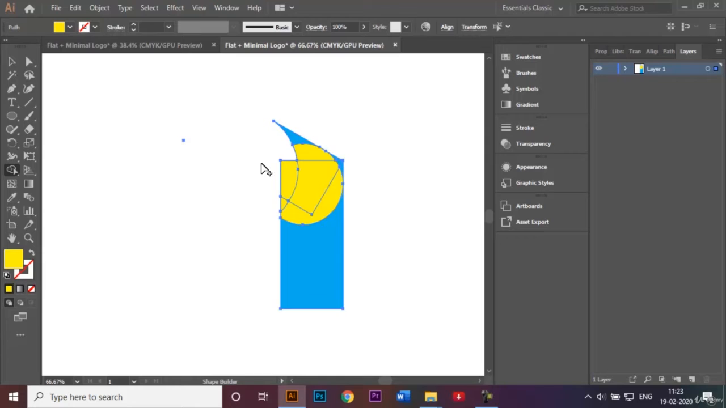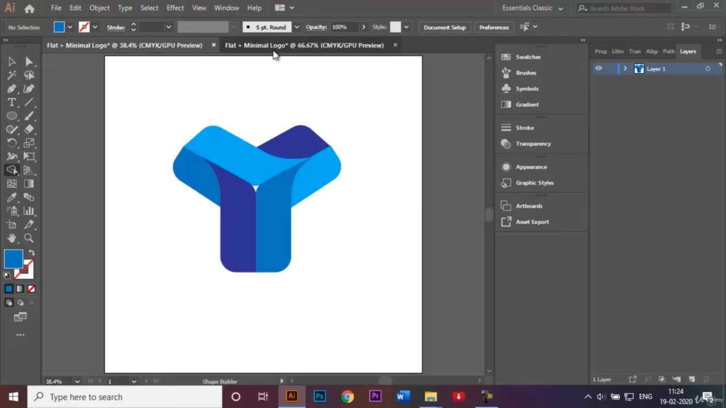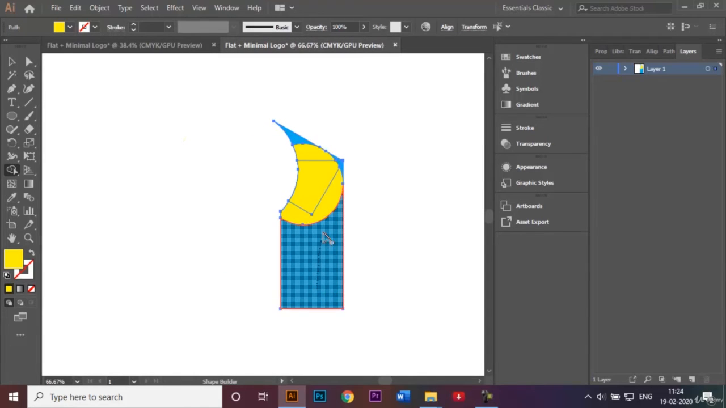And selecting this. Wait, let me see. So what I'm gonna do is select this and then bring it. I'm just gonna go ahead and use the shape builder tool. There will be a slight change in the shape from this one. It's not the exact one. We're just gonna combine all of these shapes